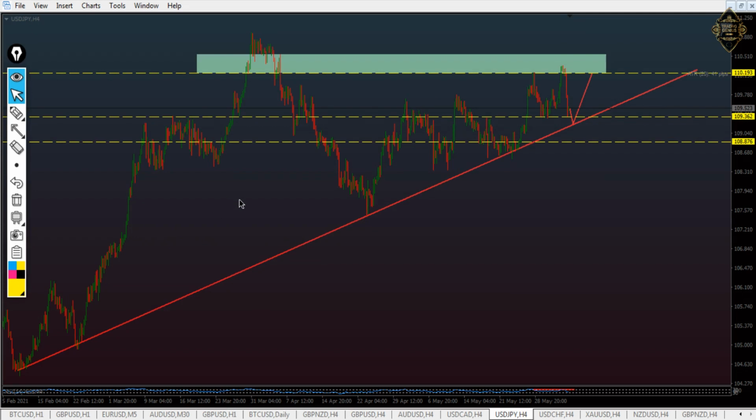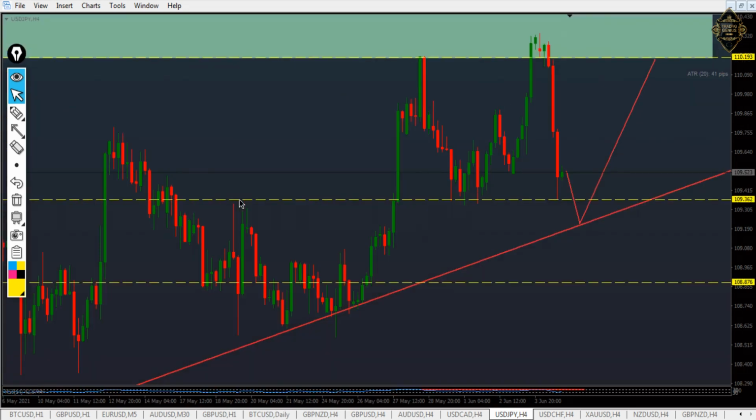As you see it, that one, as I told you last week, you wait in the retest of that zone, then you enter long, and that's what happened. Then came the news, pushing the price down, as you see it now. But my analysis to it, you wait for it to fall down more, to touch the trend line or touch that zone here at